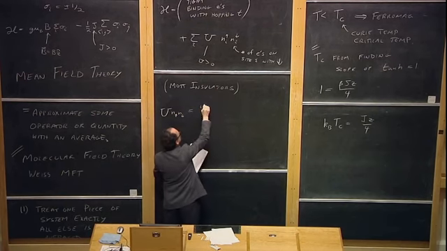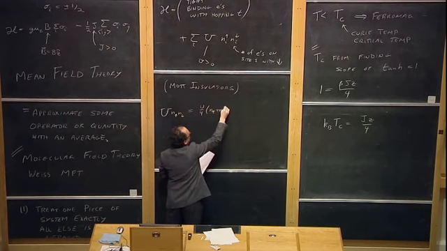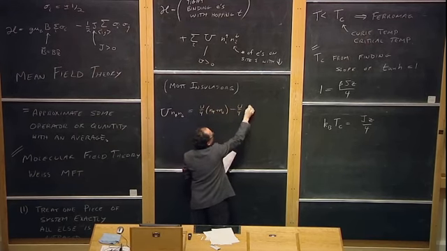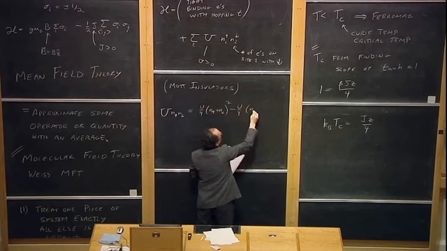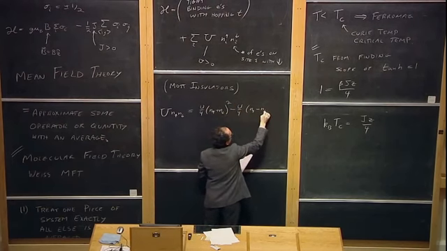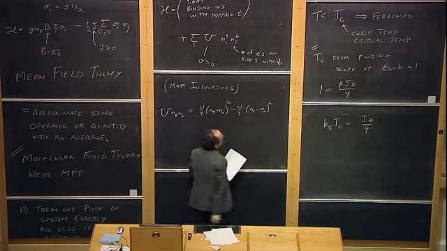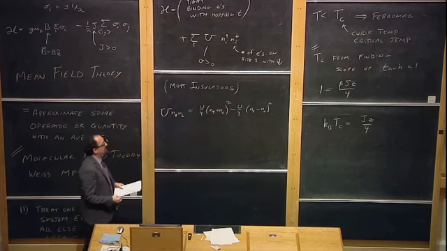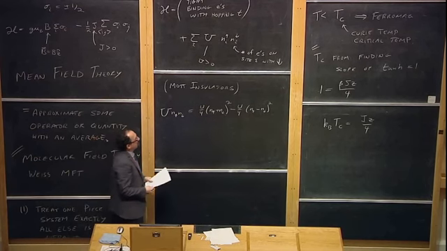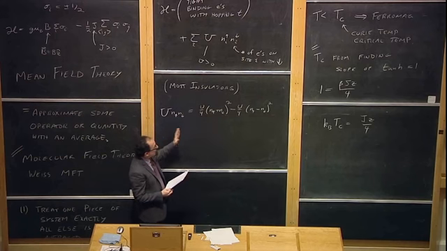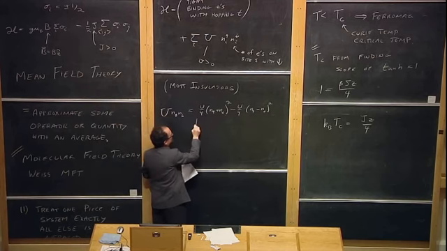We'll write it as u over 4 times (n up plus n down) minus u over 4 times (n up minus n down) squared. So that's just an identity. That's easy. We haven't done anything different here. What we're going to do now is make the mean field approximation. Mean field,